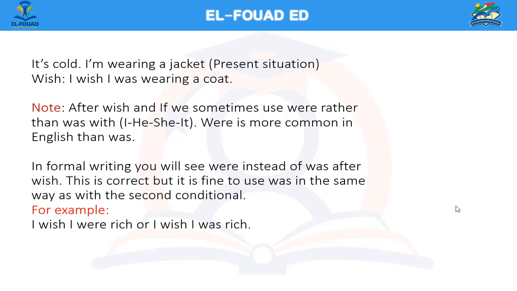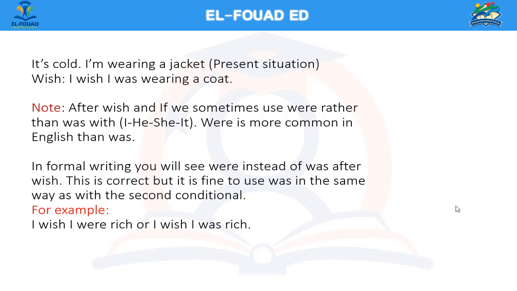It isn't wrong to say was, but the most correct form is to say were instead of was with wish, as if. So for example, I am wearing a jacket. I wish I was wearing a coat. This is the present situation type. Here is a note, as we said, after wish, and if we sometimes use were rather than was